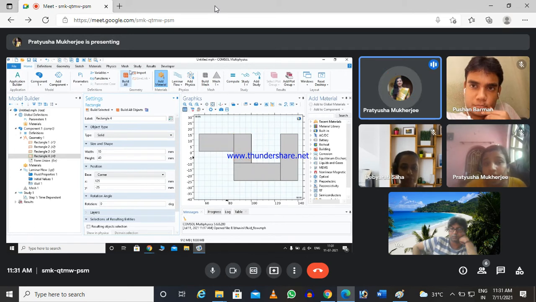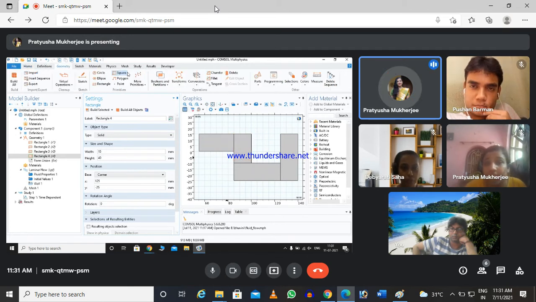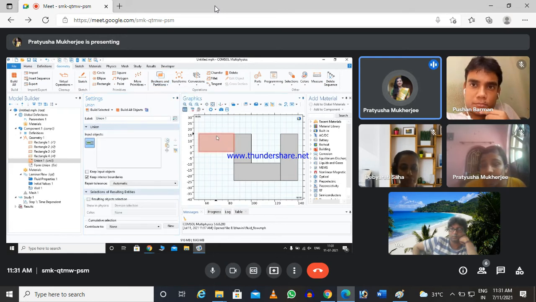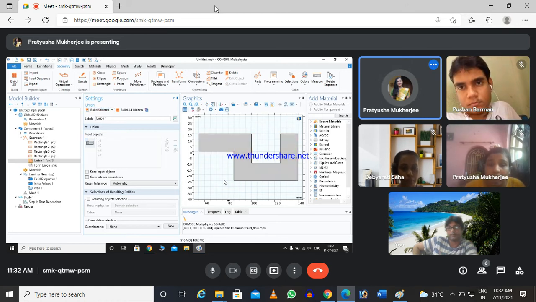First we have to union all the parts. Go to geometry, Boolean operations, union. Select all 4 rectangles, untick keep interior boundaries, and then build selected. So this is the model on which we will do our analysis.